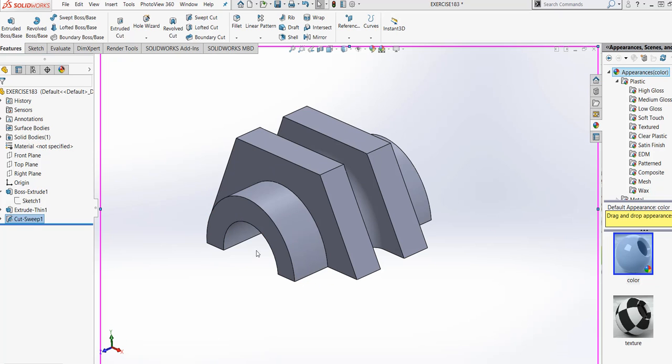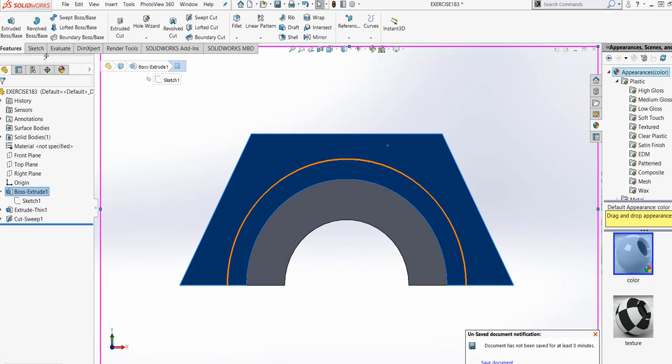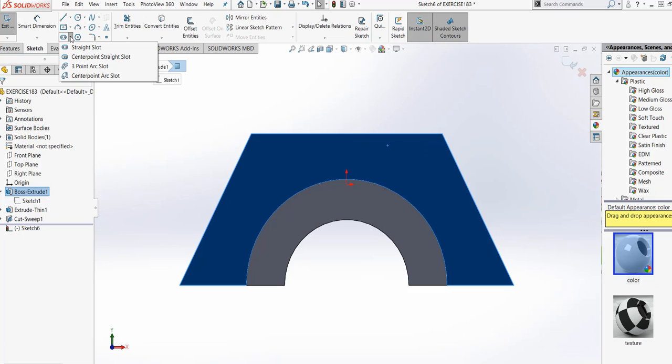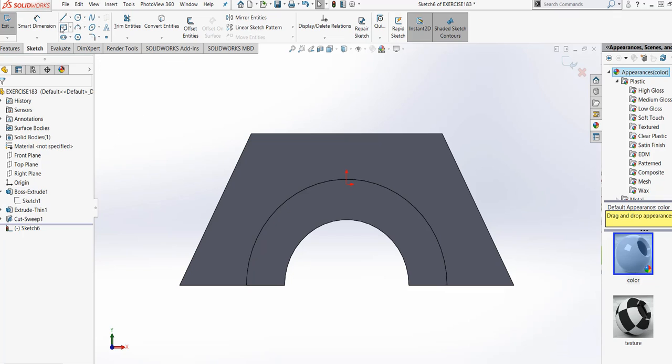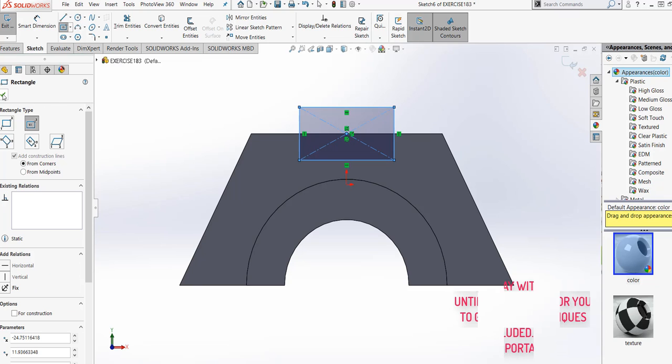Let's continue. I wanted to have a drawing again here. Let's get a sketch. Let's do a rectangle.